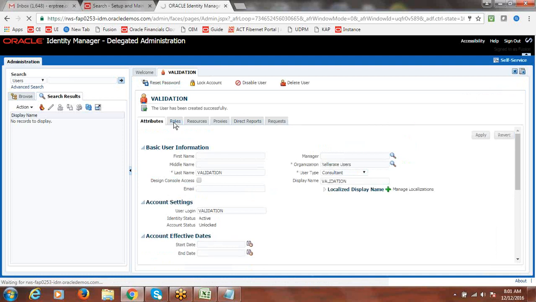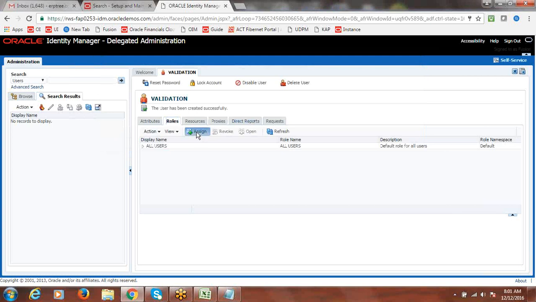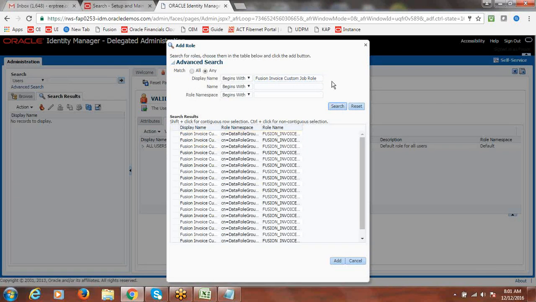Now go to roles and assign this custom role for our BU.